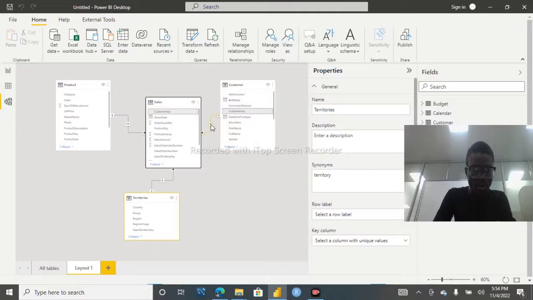And you are seeing one and star. This is telling us that it has a one to many relationship. We have many of these customers in this place, and we have every unique customer in this place, so one of those data is represented in this place. This is what we refer to as the lookup table. While this one, where you have the transactions of the business, is referred to as the data table or the fact